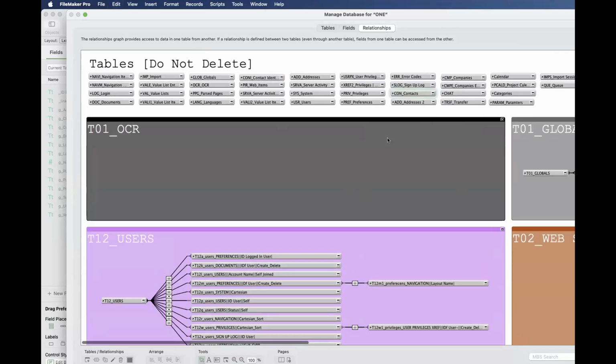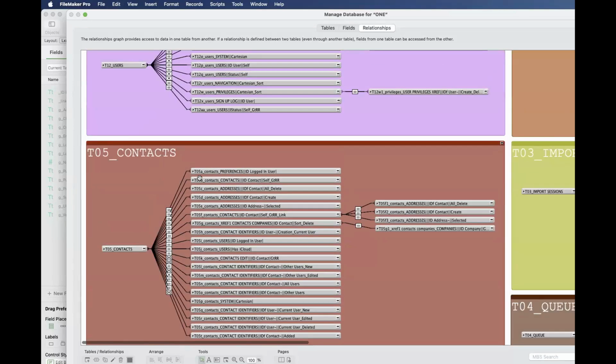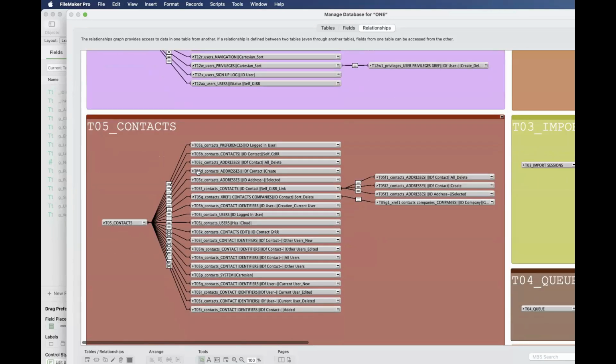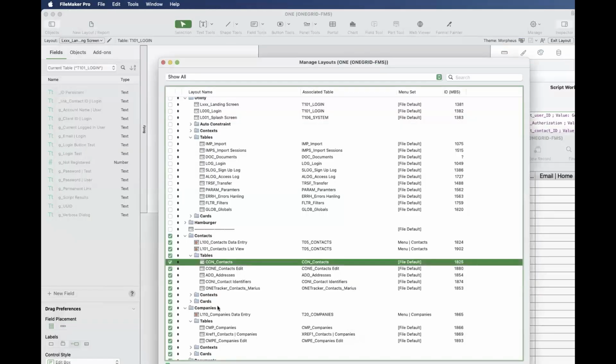So if I'm starting from a layout from here, all these T15, some TO5 something won't work. They won't work, right? That's why you need the context